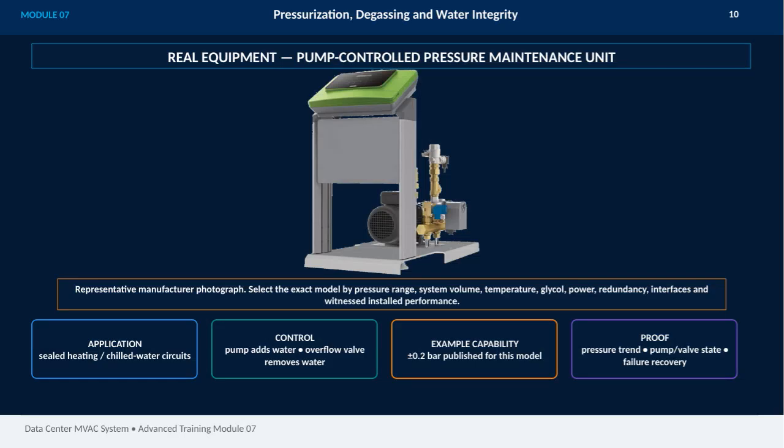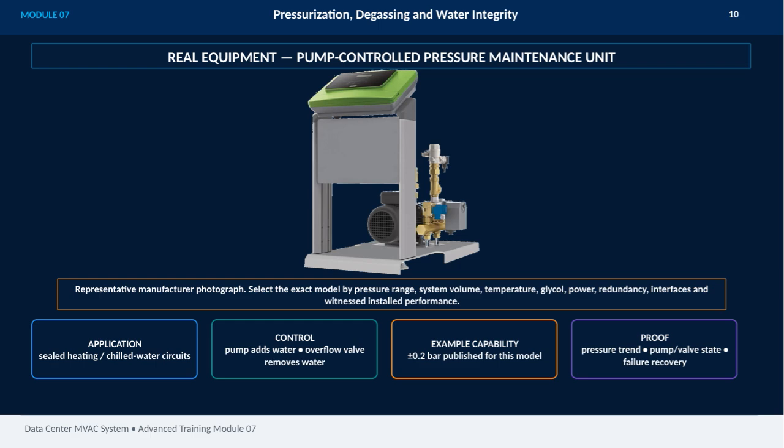Now we're looking at Module 07, focusing on pressurization, degassing, and water integrity in data center MVAC systems. Here we have a real piece of equipment, a pump-controlled pressure maintenance unit. This device is essential for sealed heating and chilled water circuits. Its control system works by having the pump add water when needed, while the overflow valve removes excess water to